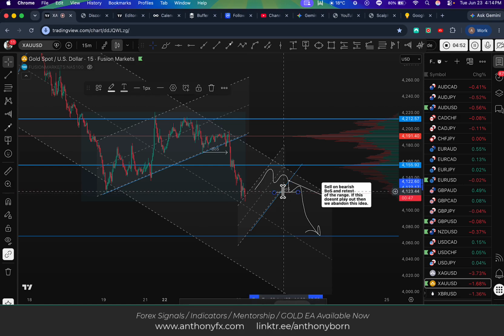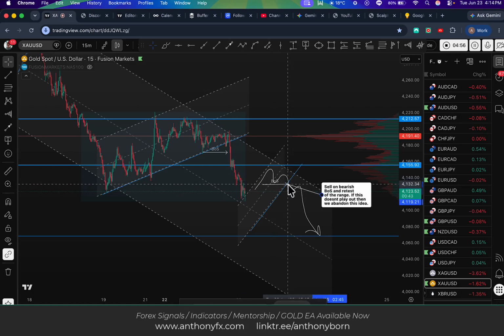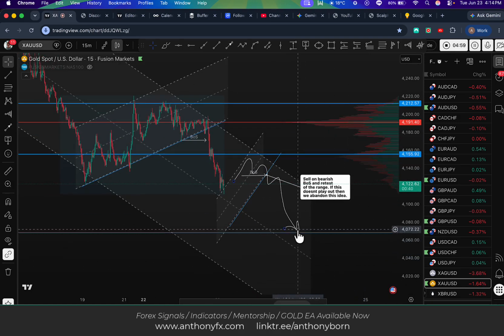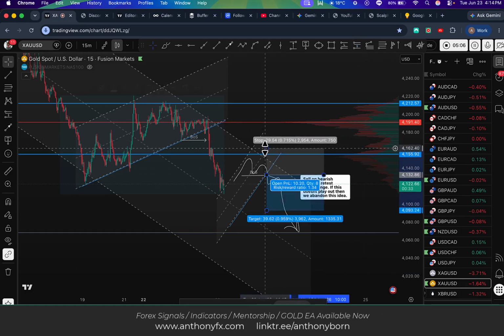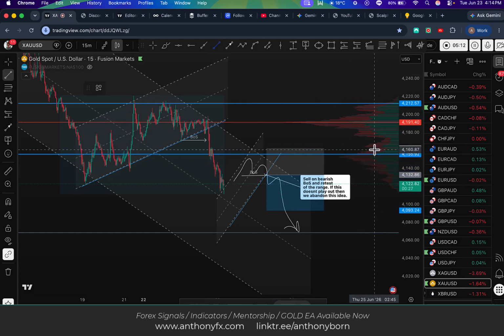I would take that back up here, something like that. That's my plan. So you've got target 1 down here, and if that's a sell, the stop would just go above. See this value range through here? Well, if that's too tight, just take